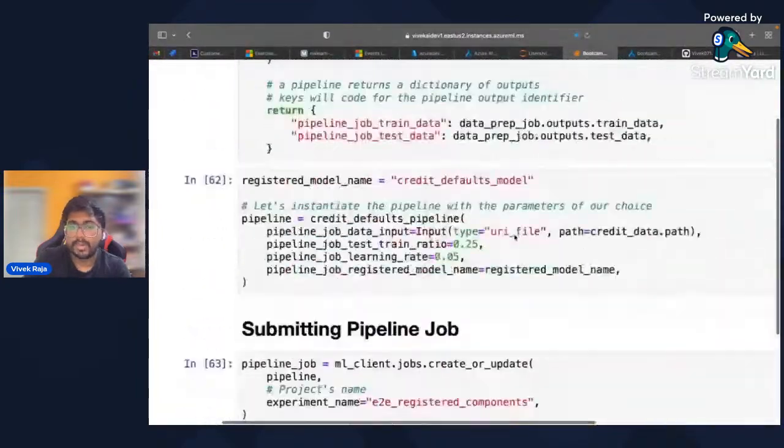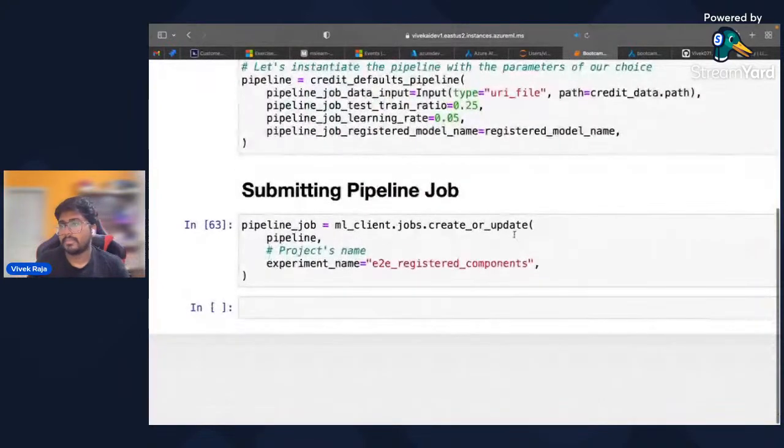So this is how you run a machine learning pipeline, and that gives you an overall understanding about what is